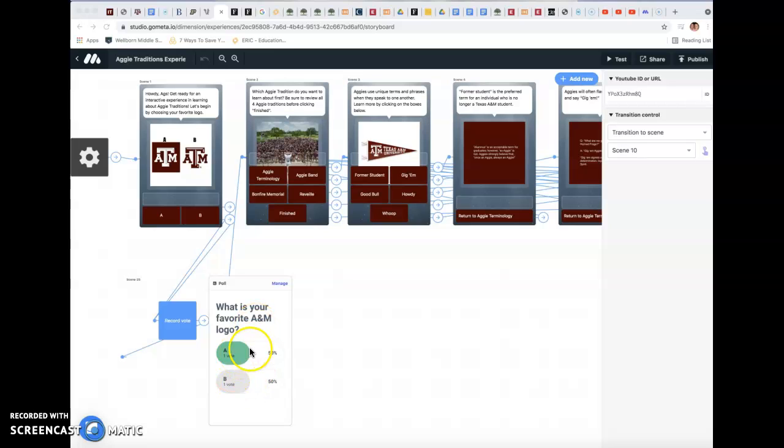Right now, you can see where I've tried both to make sure both buttons work. So that's just me there. And then you can see where I push these buttons, they're going to go to the next scene. In the next scene, I went ahead and built the different traditions: Aggie Terminology, Bonfire Memorial, Aggie